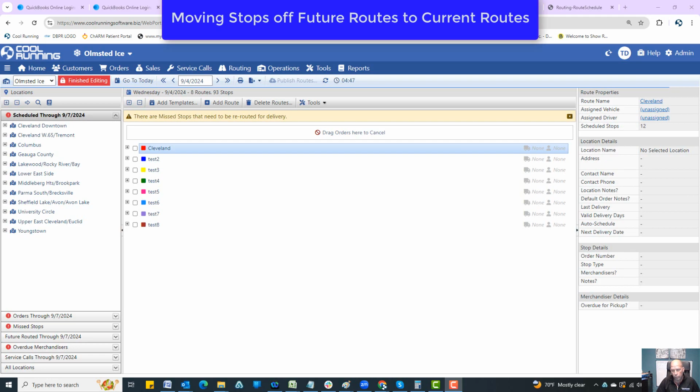Hi everybody, this video is going to discuss moving stops off of future routes and moving them into your current route. Now in Corerunning software, you can route all your individual days. You can set up stack schedules, you can set up route templates for each one of those days. But what you can also do while you're working in your regular week, if you're working on one certain day,